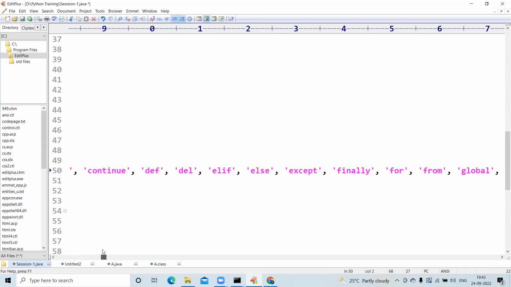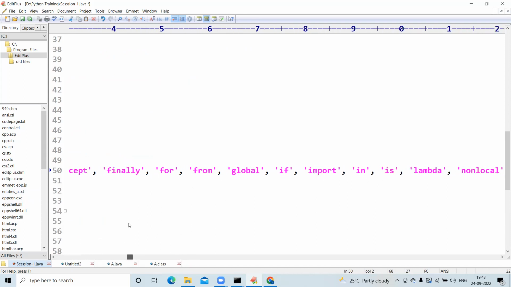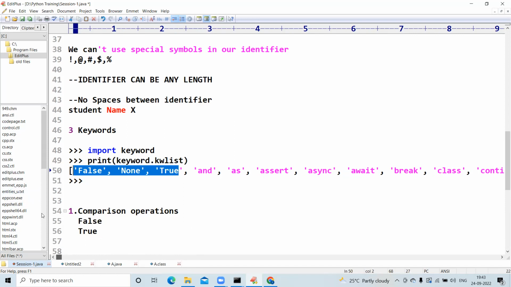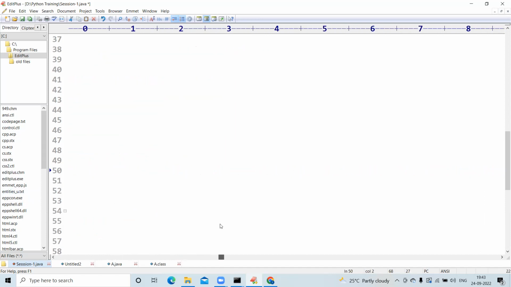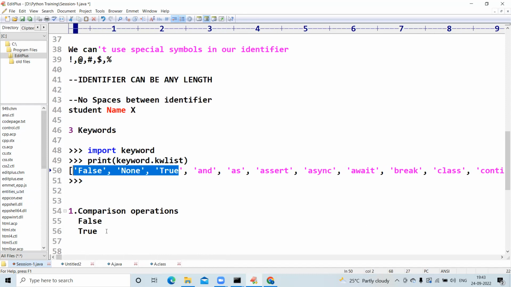Siddharth, you can identify that there is no keyword with a capital letter except these three: False, None, and True. All other reserved words are lowercase only. Right? Fine. These are the